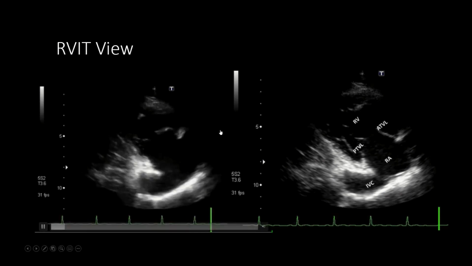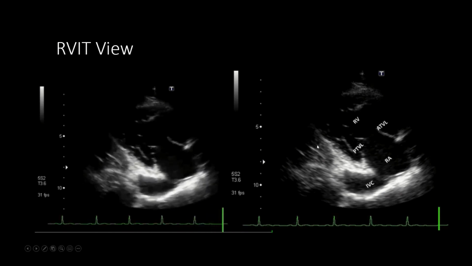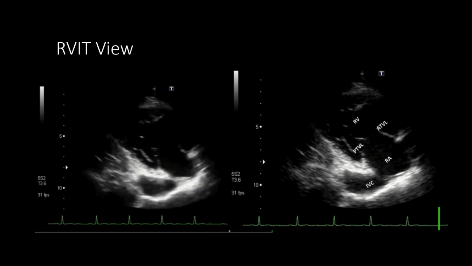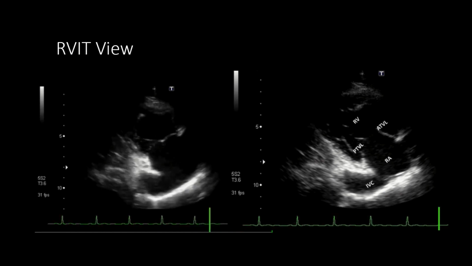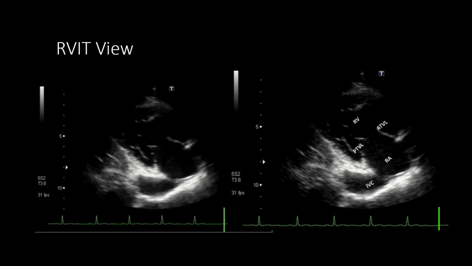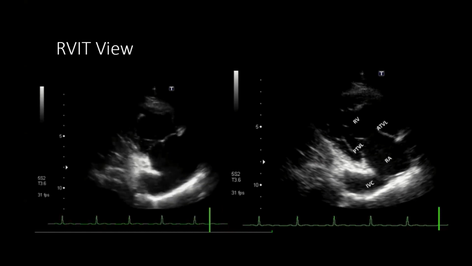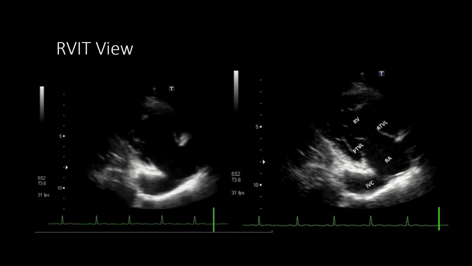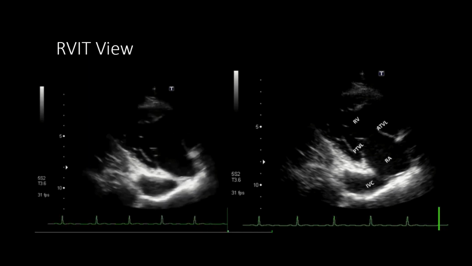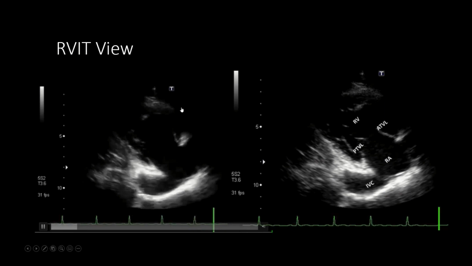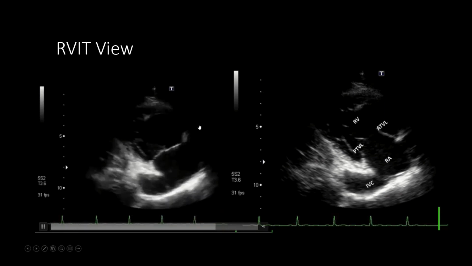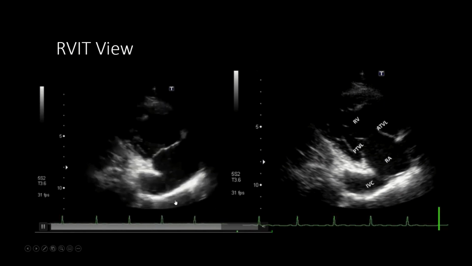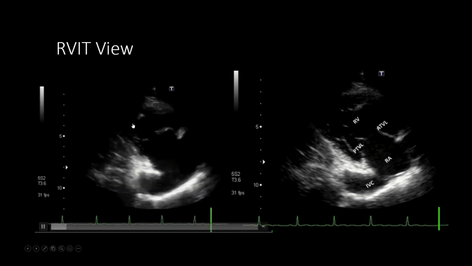For this view, you start with a regular parasternal long axis with the marker pointing towards the right shoulder, and then you tilt the probe towards the right hip. So you're shooting the beam behind the sternum. In that case, the aorta, the mitral valve, and the descending aorta all disappear, go out of view, and what you end up seeing is